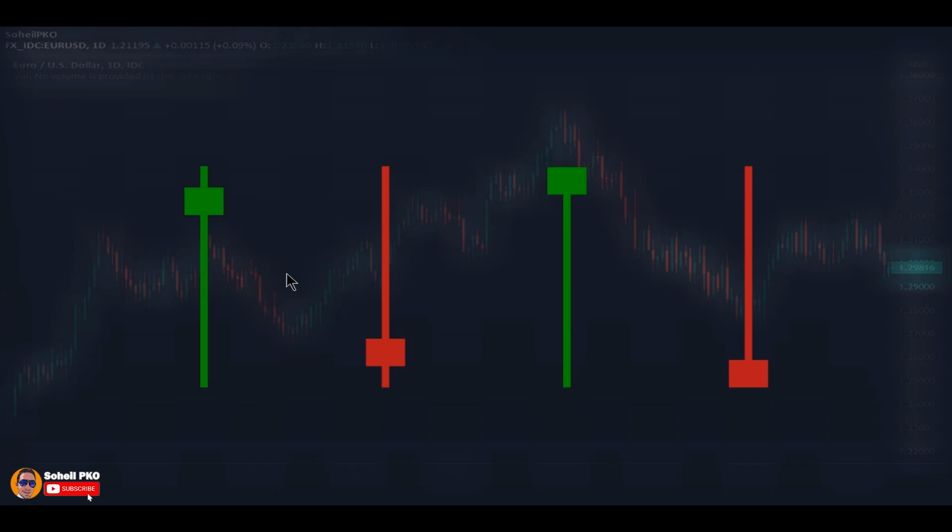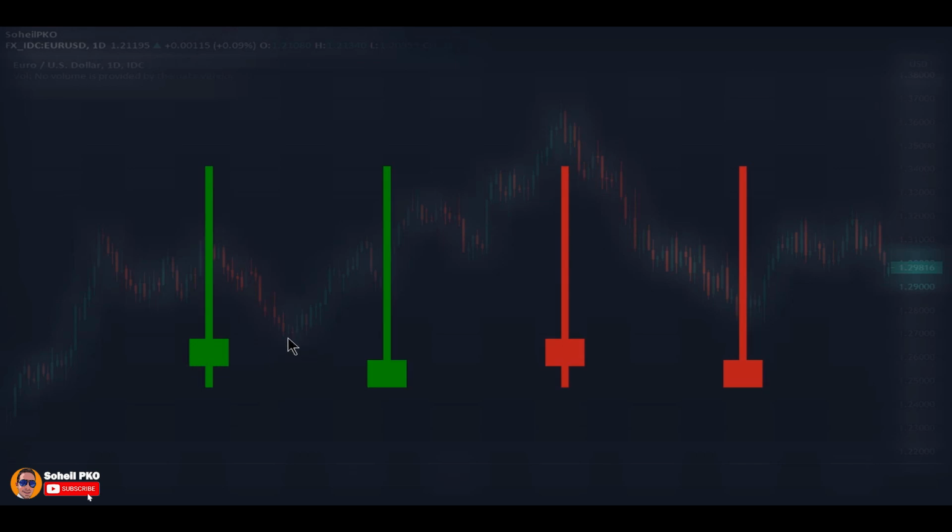Other forms of candlesticks are when we have a small body, like spinning tops, but one of the shadows is long and the other shadow is small or non-existent in the ideal situation. Based on where they form on the charts, they have different names and different interpretations. Alright, first let's consider this candle where we have a long upper shadow and a small lower shadow, and as I said, in the ideal situation, we don't have this small lower shadow, and this makes the candle even more significant